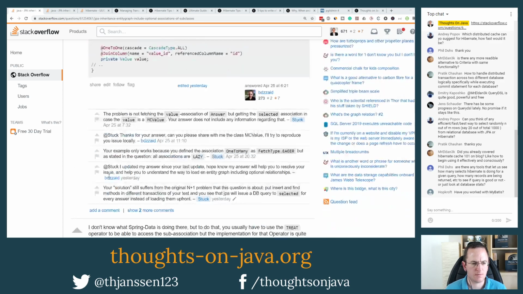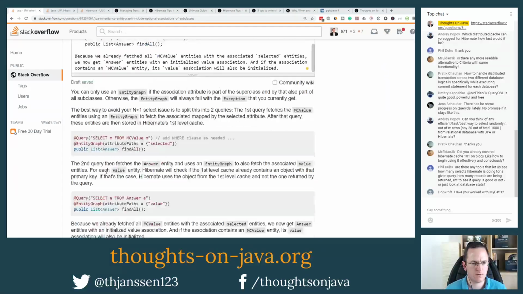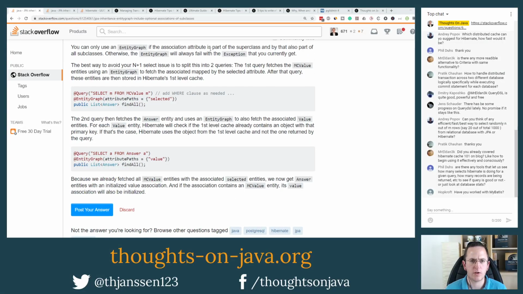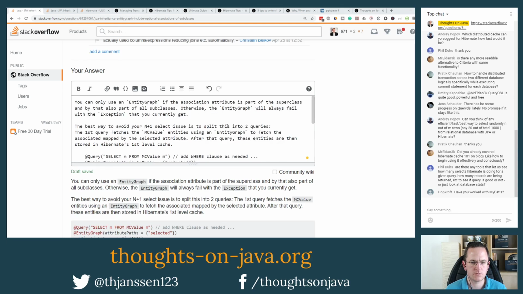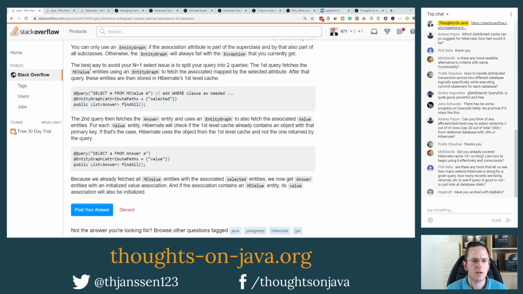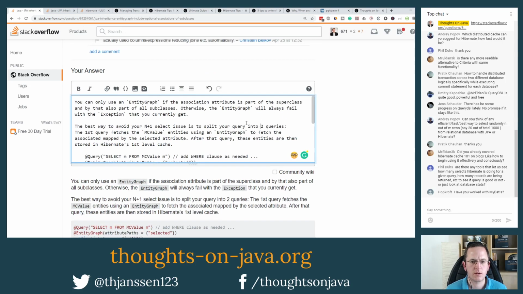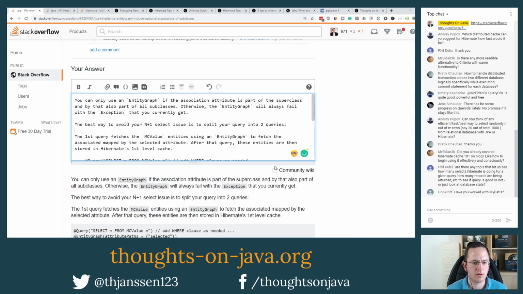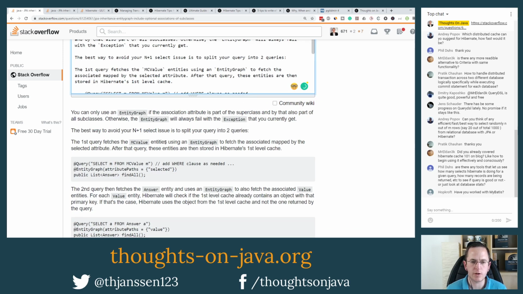Okay, yeah. You can only use an entity graph if the association attribute is part of the superclass and by that also part of our subclasses. Otherwise, the entity graph will always fail with the exception that you currently get. The best way to avoid your n+1 select issue is to split your query into two queries. The first query fetches the MC value entities using an entity graph to fetch the associated